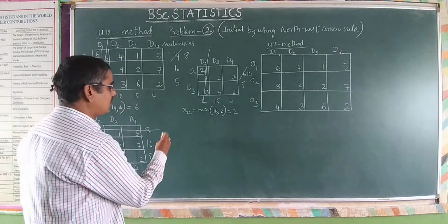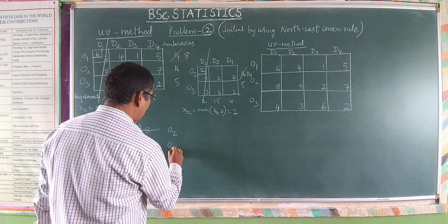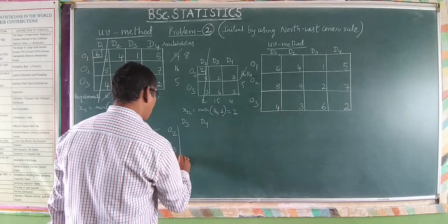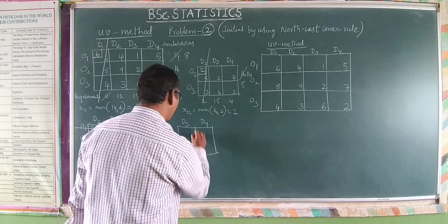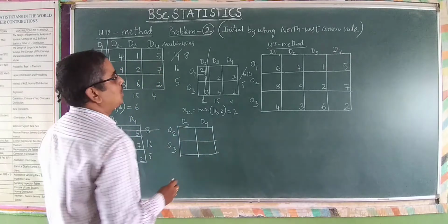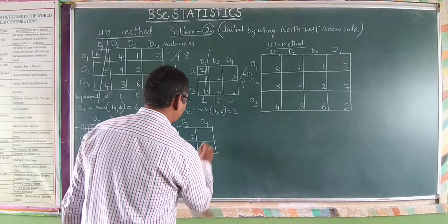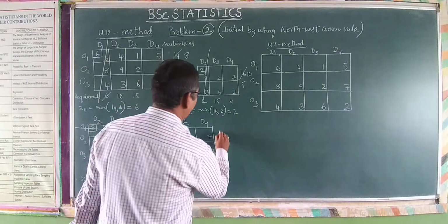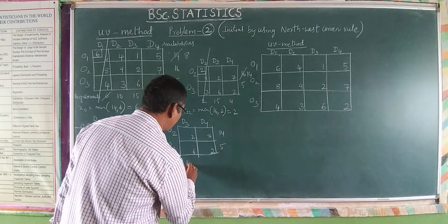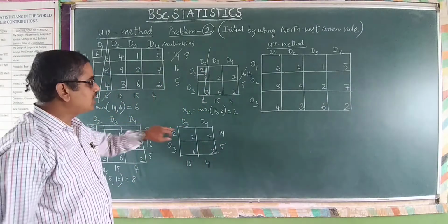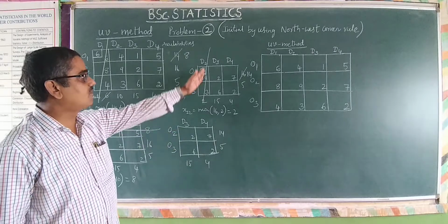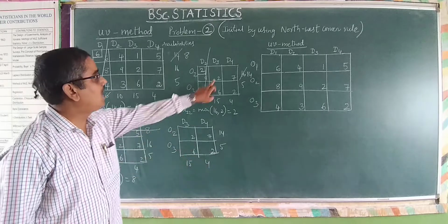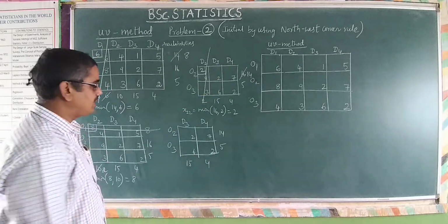With the remaining origins and destinations O2, O3 and D3, D4, you have to make the next transportation table with the remaining costs 2, 6, 7, 2 and with the remaining availabilities 14 and 5 and requirements 15 and 4. And now again you have to consider the northwest corner cell. That is here, after cancelling the second column, you have to move right horizontally, and make the allocation in the next cell in the same row, the second row.